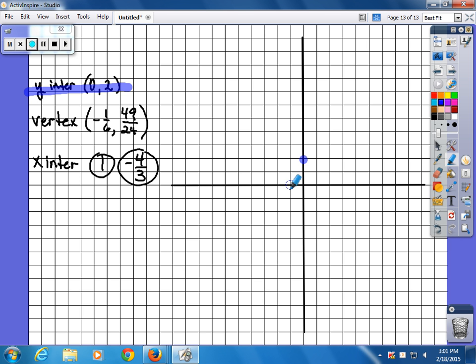So the vertex is negative 1, 8, and negative 2, close enough to very much work. Negative 1, 8, and negative 2. And then the x-intercepts